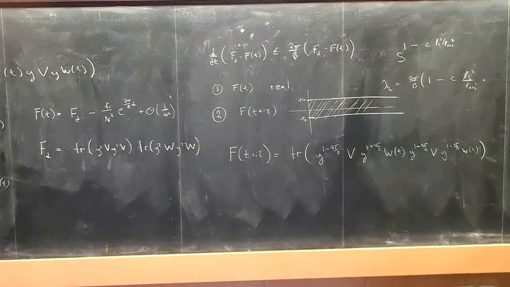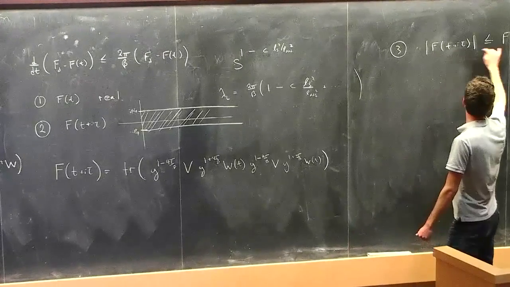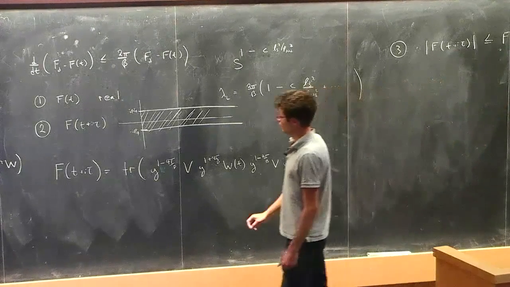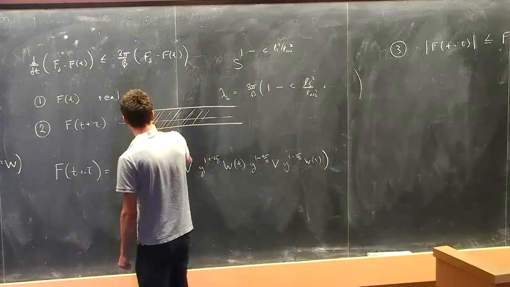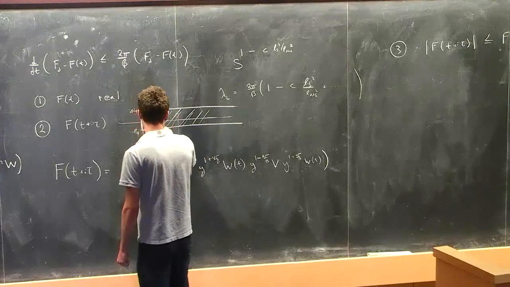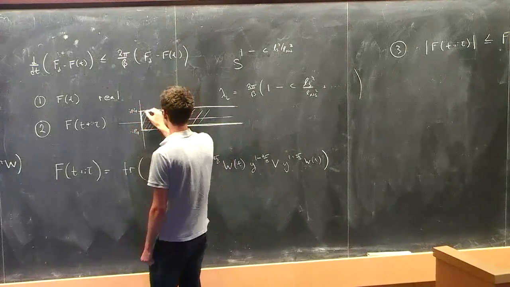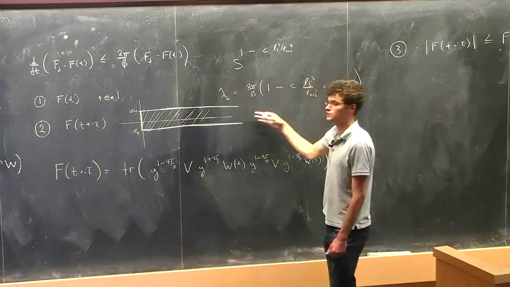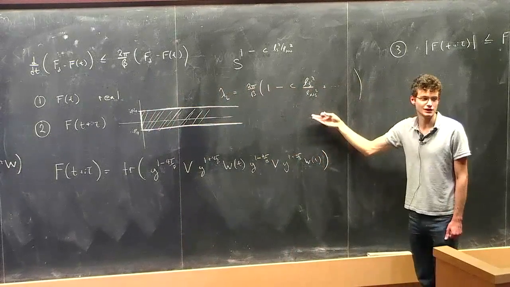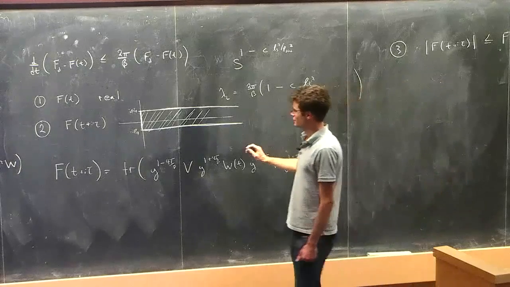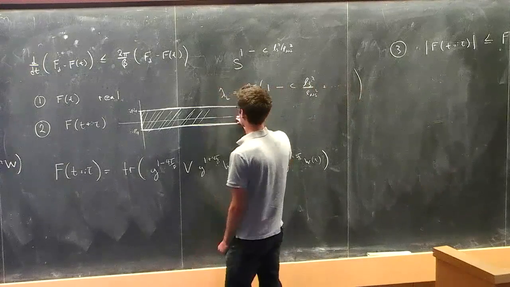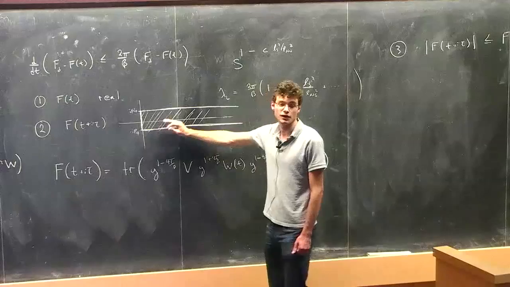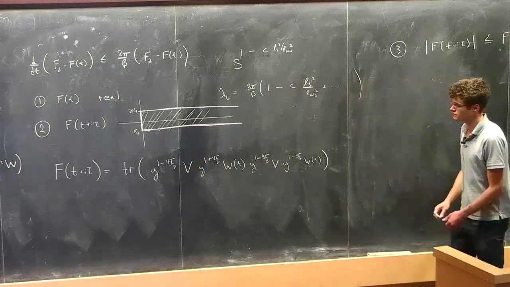We can chain together another result from complex analysis and say that in order to show that this is true everywhere on the strip, all we have to do is show that it's true on the boundaries of the strip. Then we can use the maximum modulus principle for complex functions on strips, which is called the Phragmén-Lindelöf principle, to conclude that the function is bounded by f of d in magnitude everywhere in the interior of the strip.